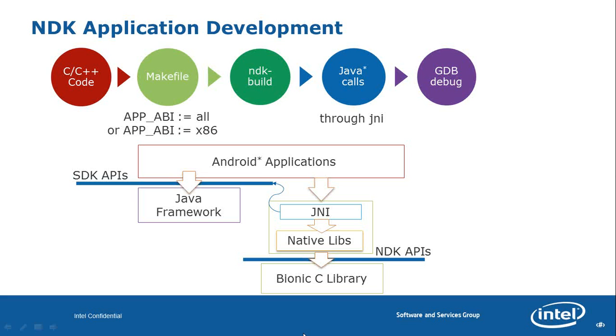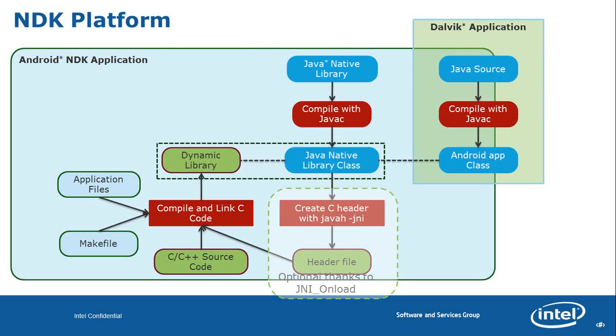As I already mentioned, the block diagram below shows how the application layer and the C and OS layer are interacting. The SDK APIs are called through JNI. So the Android application communicates with the C libraries or the C++ code through the JNI or the native libraries which you are using. So this is about the development cycle.